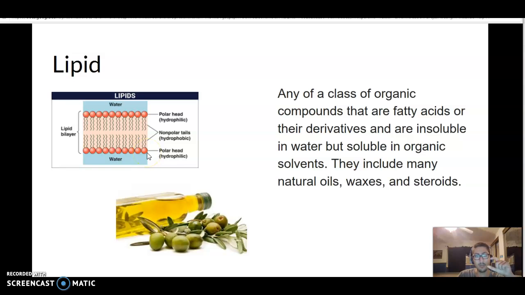Lipids are hydrophilic and hydrophobic. So what it means is the exterior of a lipid, think about it like oil, it doesn't sit well in water. It actually protects itself. Water won't go in it. It pushes water away. It's phobic, hydrophobic. The water doesn't like it. But the interior of it,